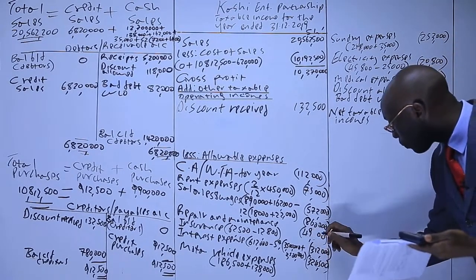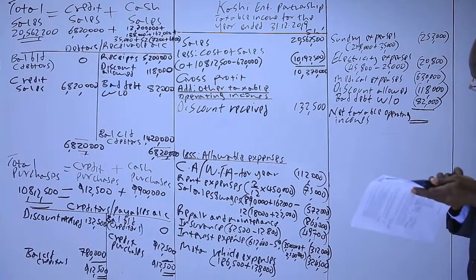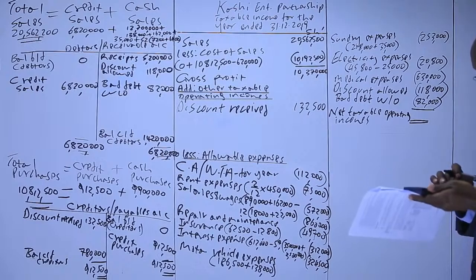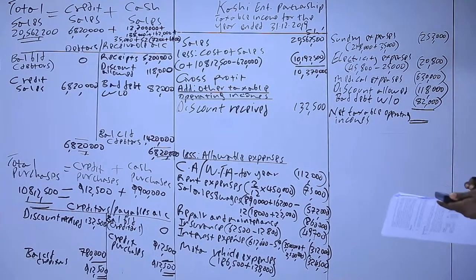Remember this was 749,700 minus 312 minus 324.5 minus 253 minus 2,800 minus 630 minus 118 minus 82,000. That gives us